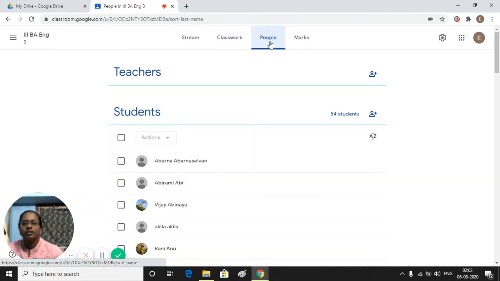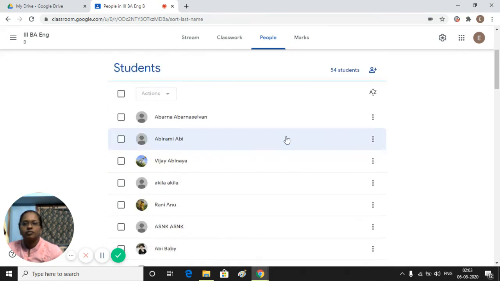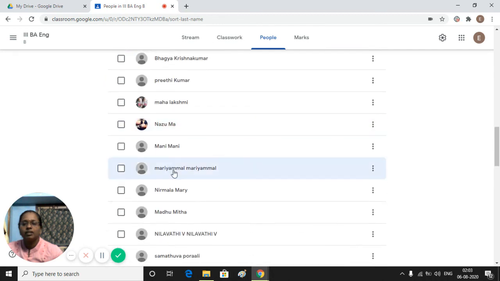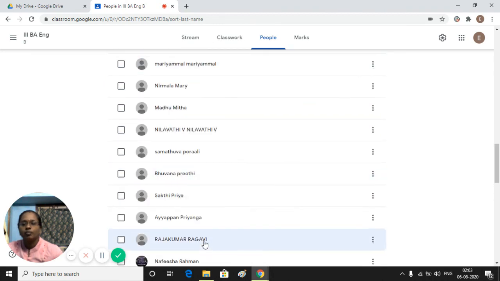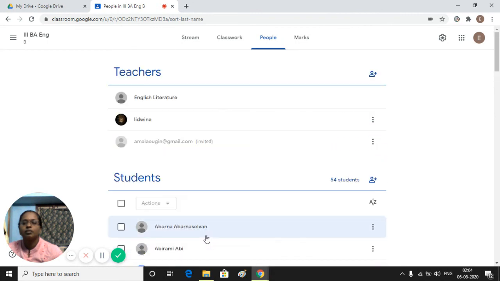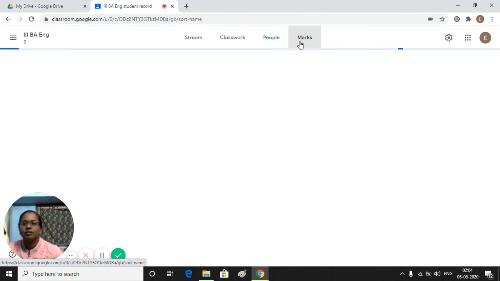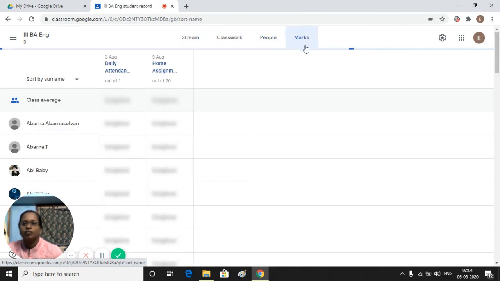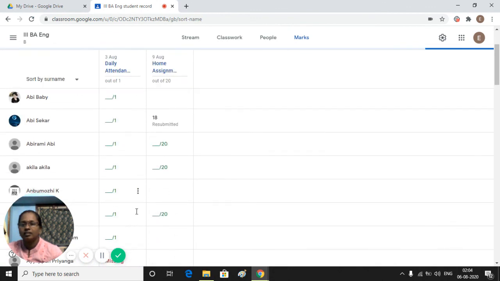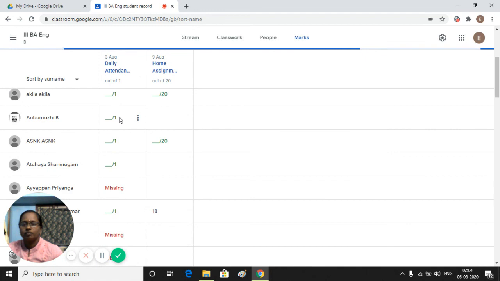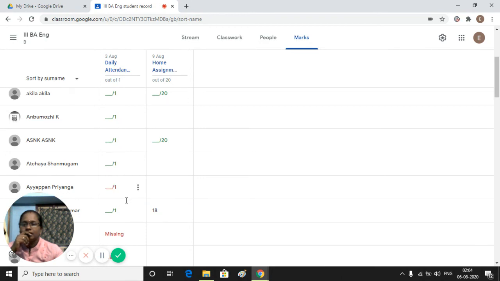How many people are here? Here, 54 students. One by one we have to check. Some of them are in another mail, so we ask the student to correct their name. Then marks: if you click marks, daily attendance is in an Excel sheet.